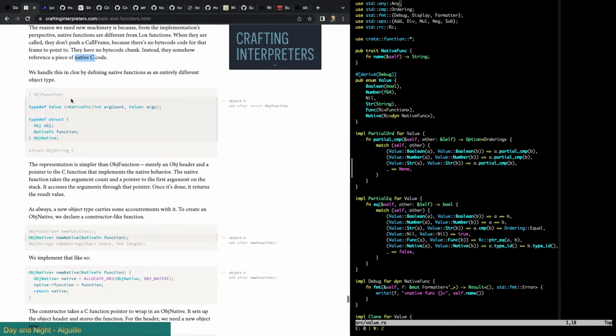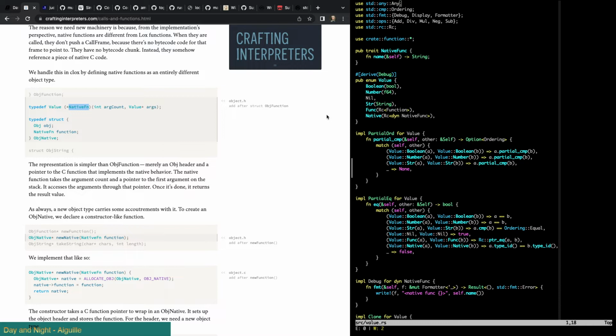What they're doing here is they're creating a new value, a function. So this is a funky syntax in C. What this is saying, typedef, and you're typedefing this. You're creating this as a new type. And what is this type? This type is a pointer to a function which returns value. And it takes 2 arguments, the arg count and a pointer to the arguments.